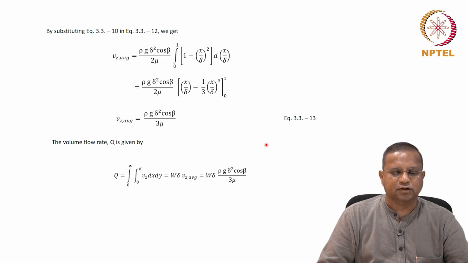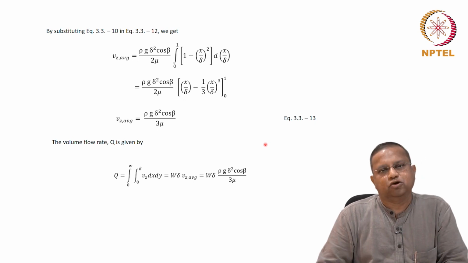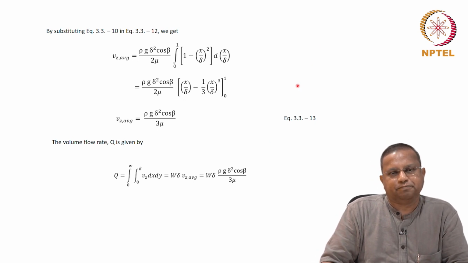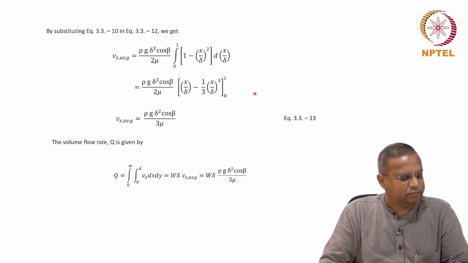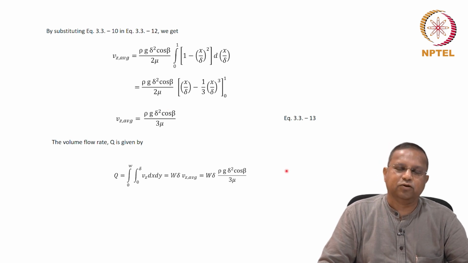So all this we did by shell balances, or this was an application of shell momentum balances to get insights into a flow. It also has practical applications as in a Bostwick viscometer. Bostwick viscometer essentially uses this kind of a flow to calculate the viscosity. Then we looked at the other approach, which is the conservation equation approach.